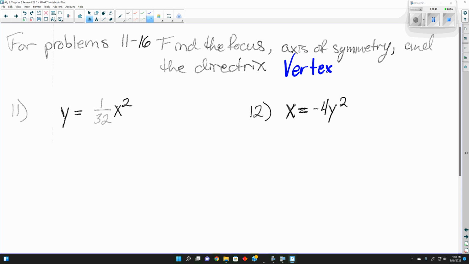0, 0. Because we never talked about any of them that were away from the vertex. So no matter which one we do, the vertex for all of these is 0, 0. Which one do we want to look at first on 11 through 16? 11. Well, one thing I know is the vertex is 0, 0. And again, I'm including that because it should be easy points,